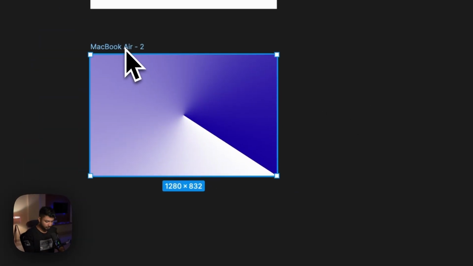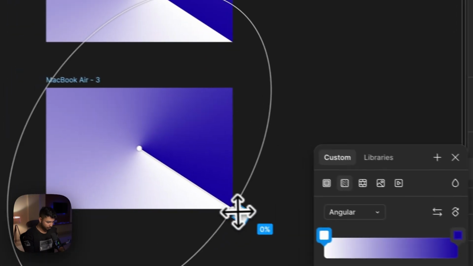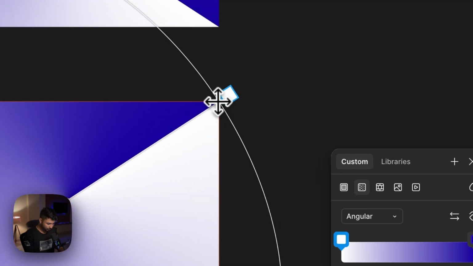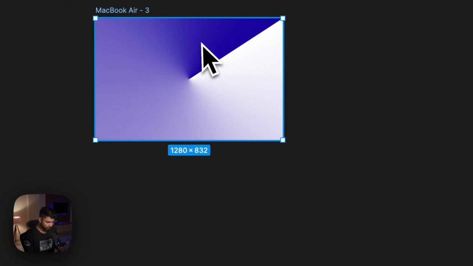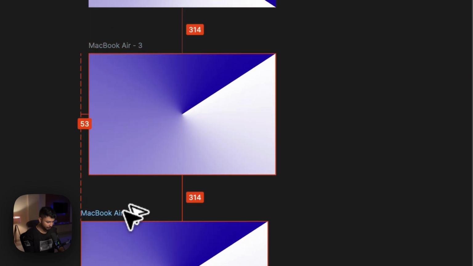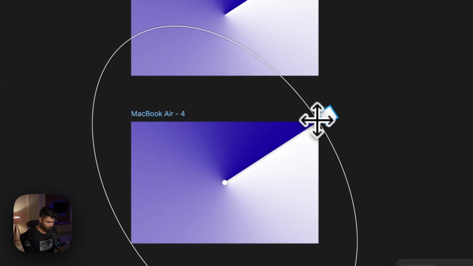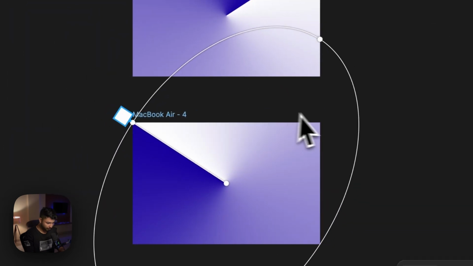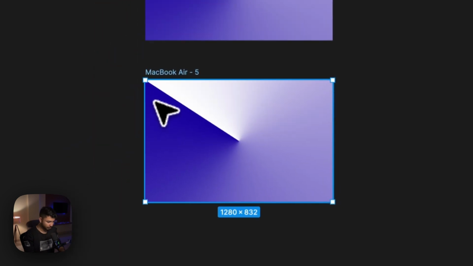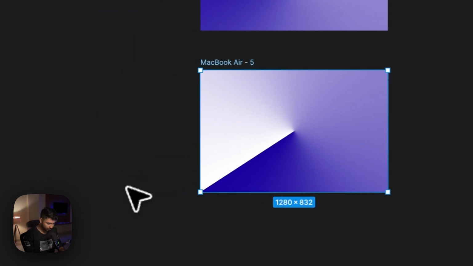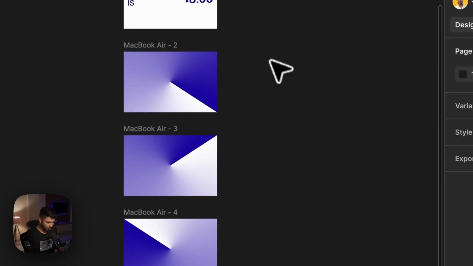Perfect. Let's duplicate this one again. Click over here. Now let's take it something like that. Let's keep in mind it should align with the edges. Now let's click over here again. The same way I will just take it this way. Perfect. And the last, we'll select this one again and we will take it somewhat here. Perfect. Now I will select all,